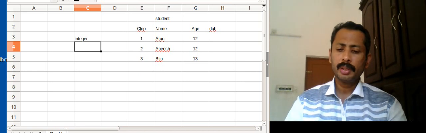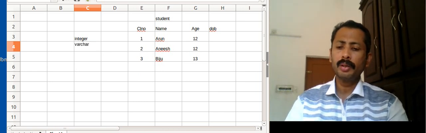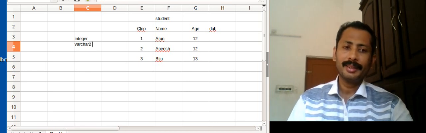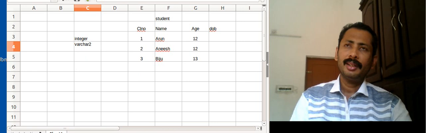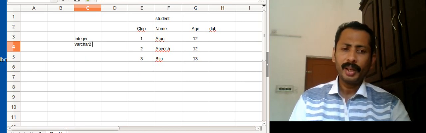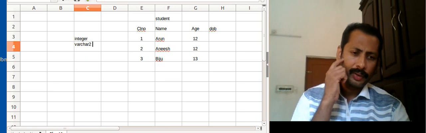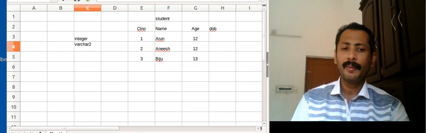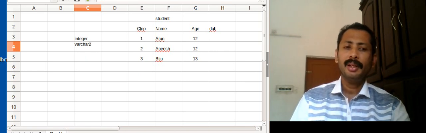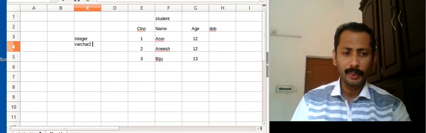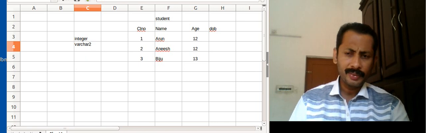We use varchar2 for storing characters. Normally in high-level or programming languages, we use a character or string array for storing these characters. But here we have a type called varchar2. This stands for variable character.